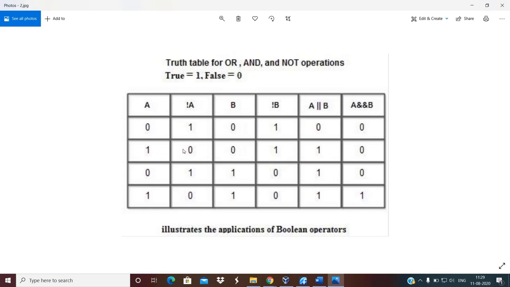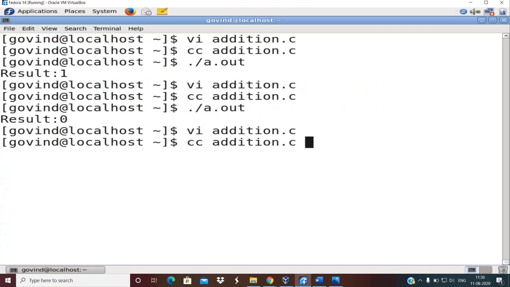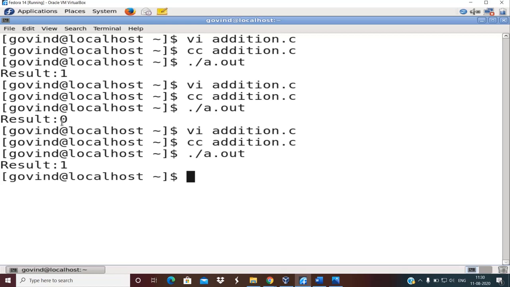So it is very similar to your NOT gate, as you had seen it in the electronics course, right? So what should be the answer without NOT? The answer is 0, because LHS is 0, RHS is 1, and since it is logical AND, the answer is 0. And this gets complemented, means it gets inverted, 0 becomes 1. Let us see what is the output of this. You can now see here, the previous output was 0, it is now showing 1 because that 0 got inverted to 1.